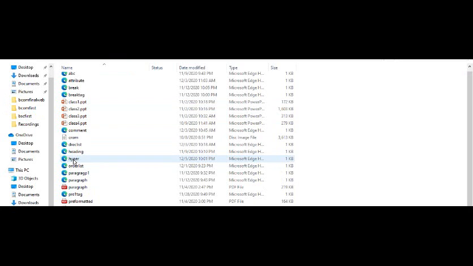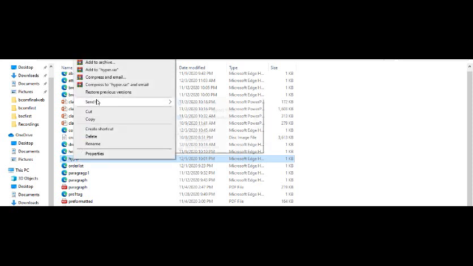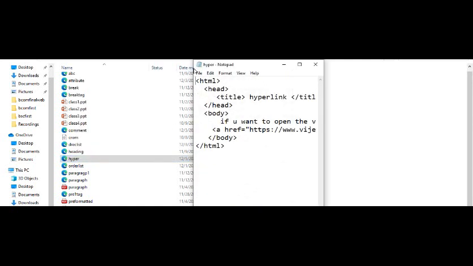Okay, notepad. Here the notepad is there.